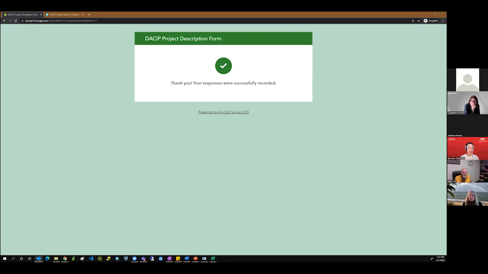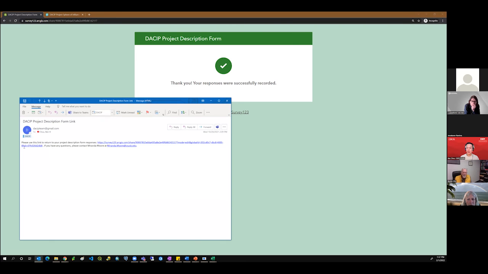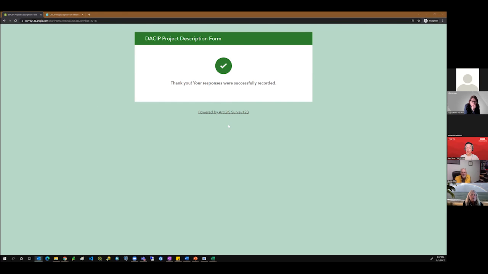Yeah, so that email link that I just showed, this one is another example, so it won't work, but in theory, you'd be able to click on this link and it would just pull up the information that I had just entered, and you could edit it and then click submit at the bottom, which would save it.